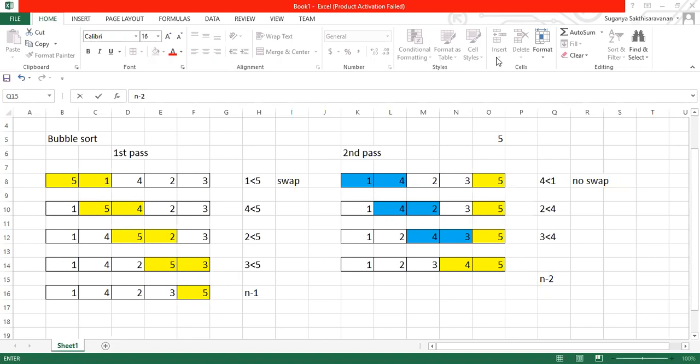Okay, okay, Asha. Make it faster, okay? If you complete a little faster, you can see selection sort also in the morning.